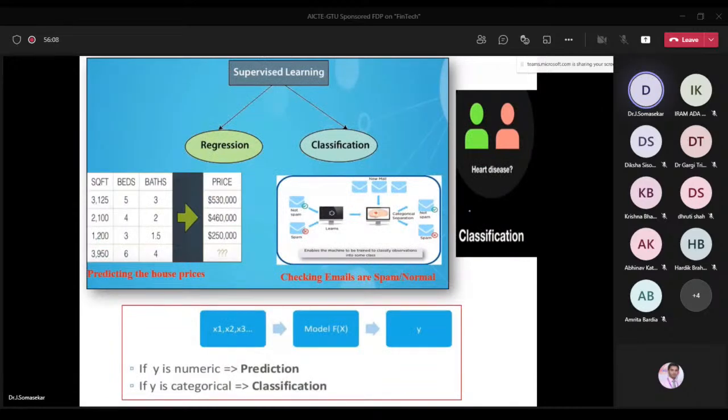I already explained this. Regression means we have x1, x2, and we are looking for a price, that is, the Bitcoin price. When you come to classification, whenever I collect some information from a patient, let us assume symptoms like fever and headache, I have to classify whether the person has COVID-19 or not, or whether the person has heart disease or not. That is called classification, with the result COVID positive or negative.